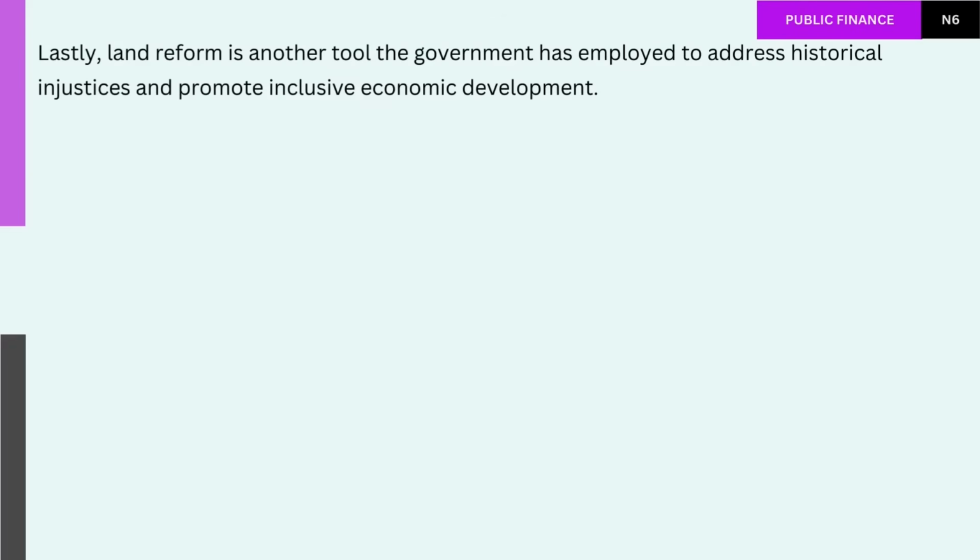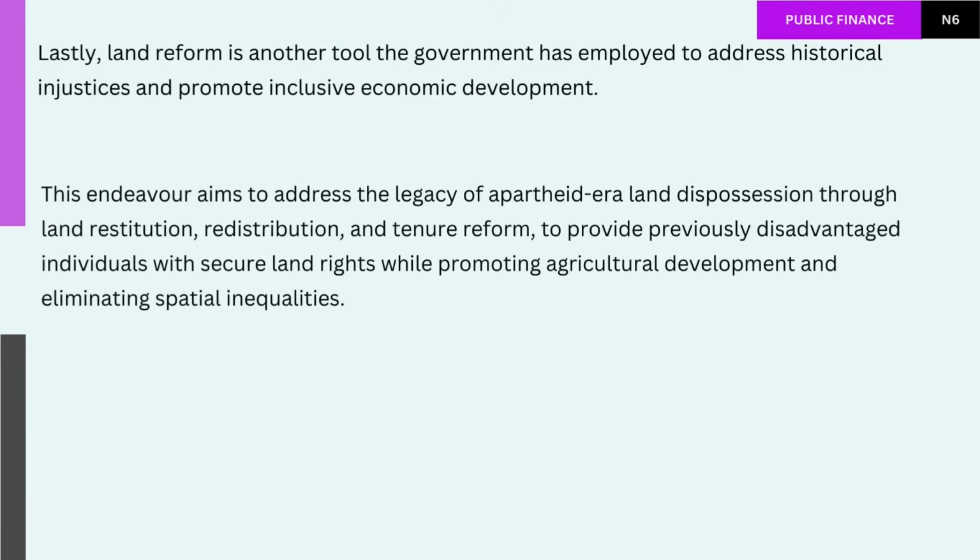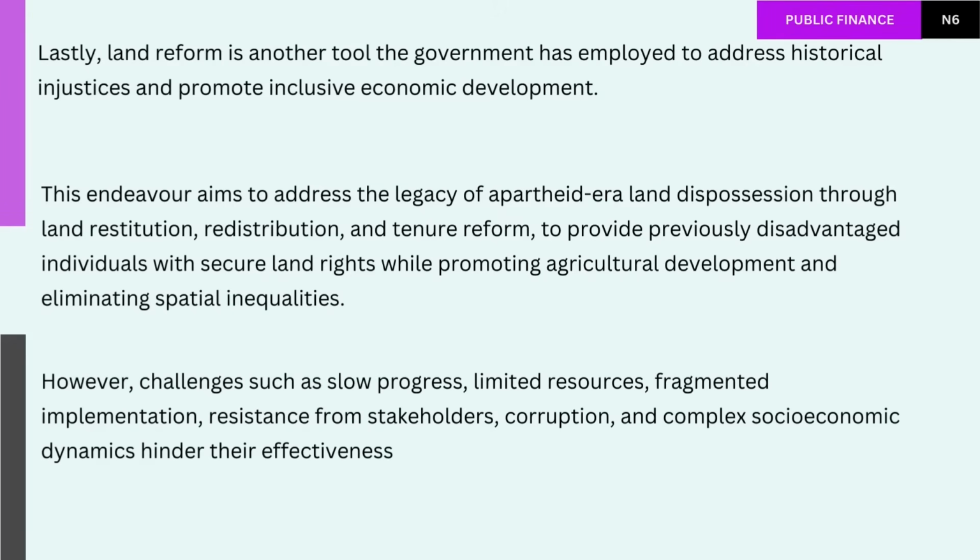Lastly, land reform is another tool the government has employed to address historical injustices and promote inclusive economic development. This endeavor aims to address the legacy of apartheid-era land dispossession through land restitution, redistribution, and tenure reform, to provide previously disadvantaged individuals with secure land rights while promoting agricultural development and eliminating spatial inequalities. However, challenges such as slow progress, limited resources, fragmented implementation, resistance from stakeholders, corruption, and complex socioeconomic dynamics hinder their